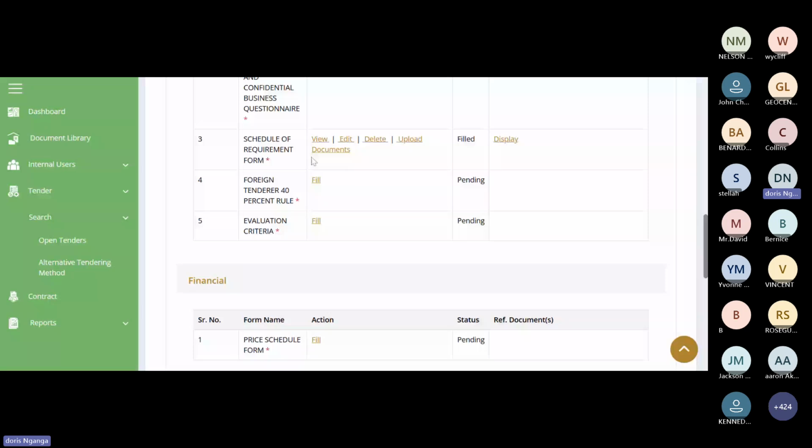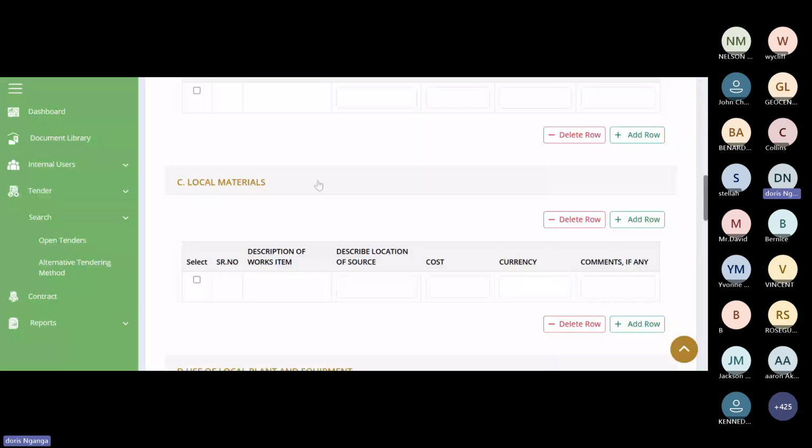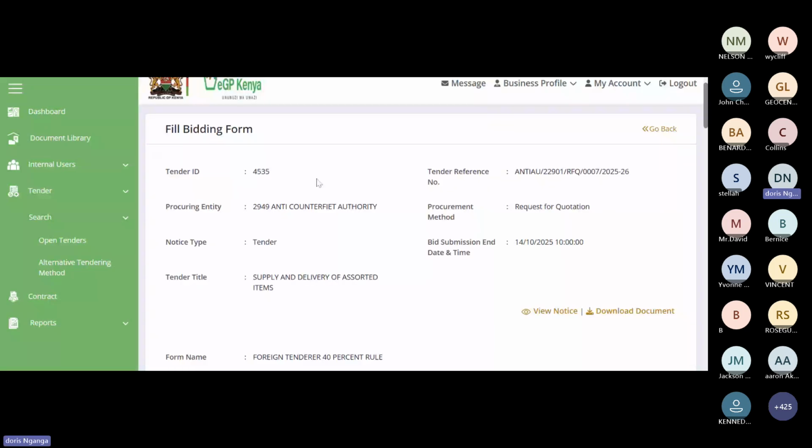The fourth segment to fill is the foreign tender 40% rule. You open. As you had seen when we were filling the questionnaire, this firm is registered in Kenya. So the foreign tenderer rule 40% does not apply.